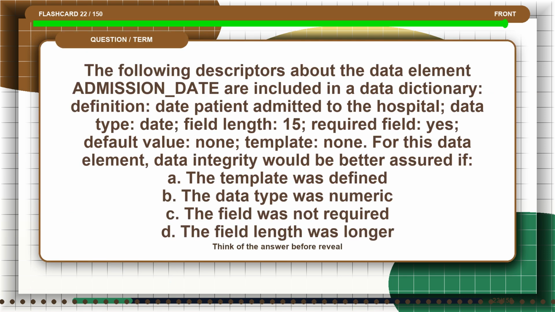Flashcard 22. The following descriptors about the data element admission date are included in a data dictionary. Definition: date patient admitted to the hospital. Data type: date. Field length: 15. Required field: yes. Default value: none. Template: none. For this data element, data integrity would be better assured if